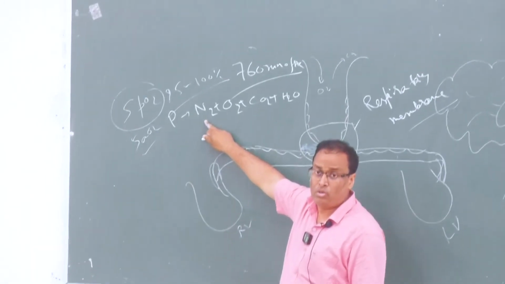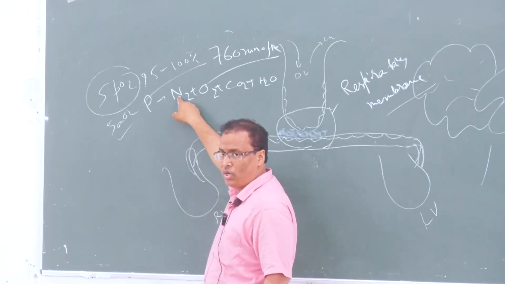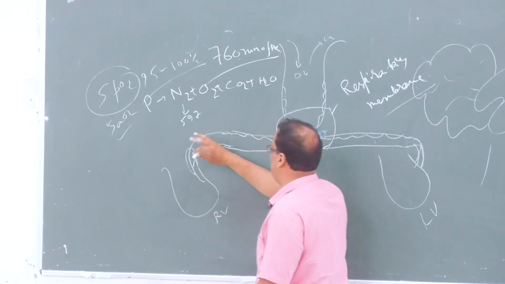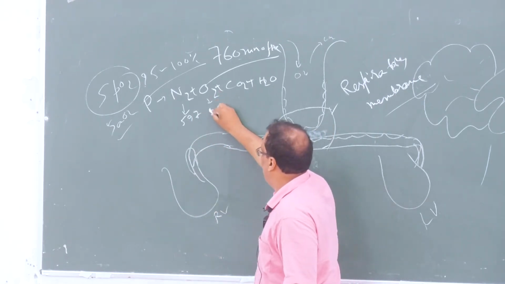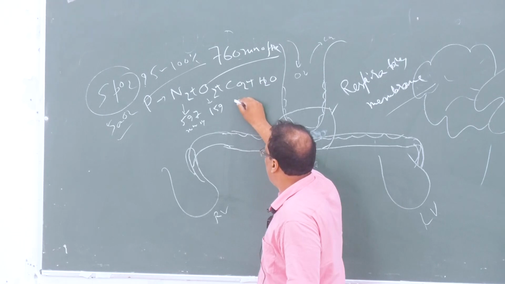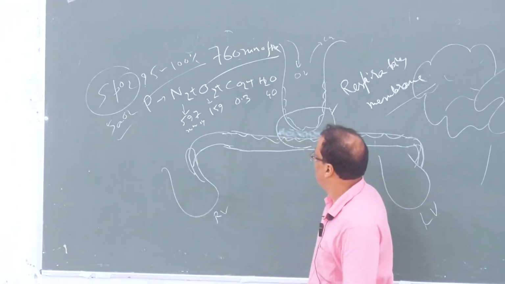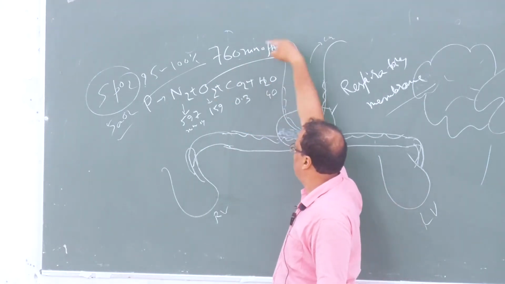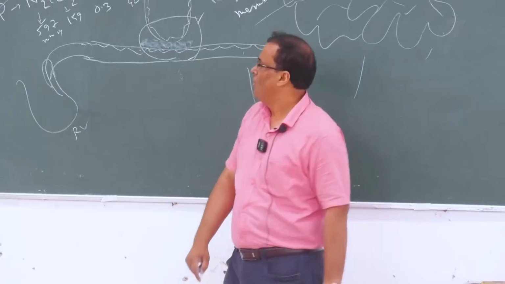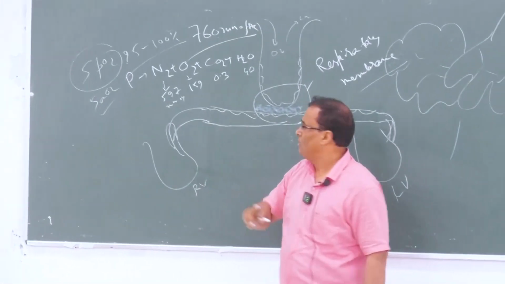Nitrogen ये কত জানা আছে, percentage না, partial pressure probably 597, exactly আমার মনে পড়ছে না, 96 কি 95 এরকম। অক্সিজেন কত 159 মিলিমিটার অফ Hg তে আছে। কার্বন ডাইঅক্সাইড কত 0.3, ওয়াটার কত 40। এই যোগ করলে কত আসছে, কাছাকাছি কিছু আসছে দেখতো, ফাইন ঠিক আছে।